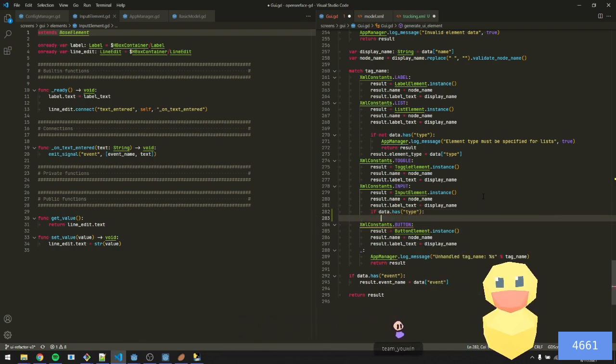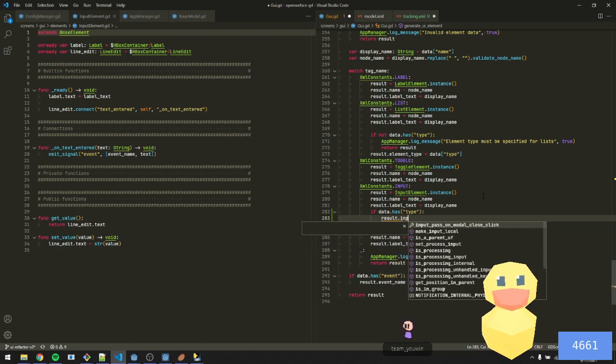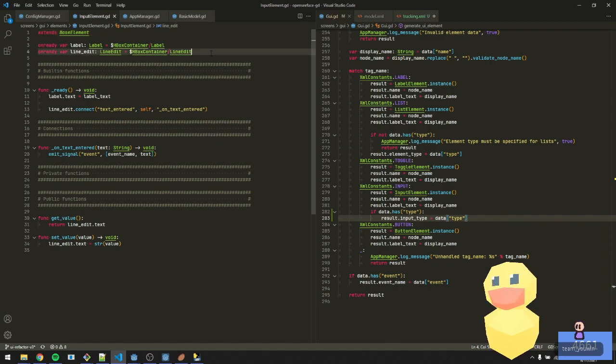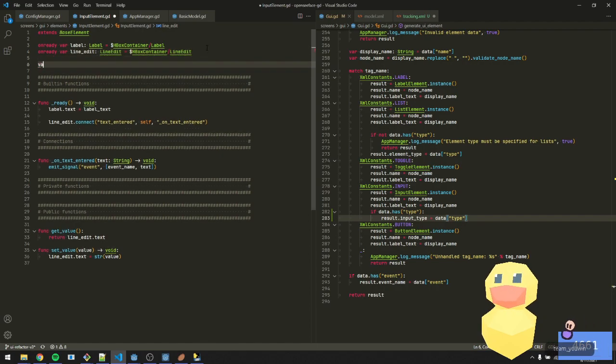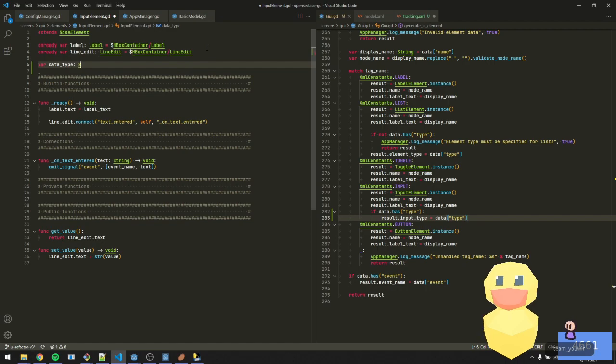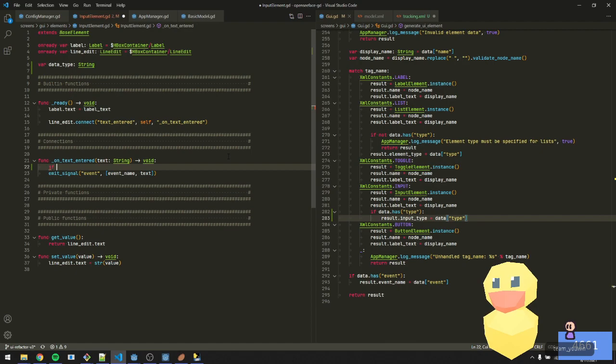So if you define a type, then we can do result dot input type is equal to data type. Right, and then here we'll do var data type, which is some sort of string. Then on ready, well, no, then we can do here if data type and